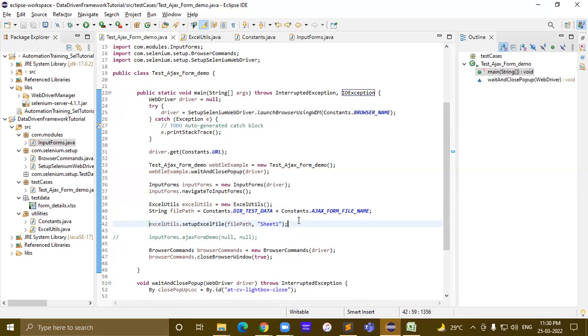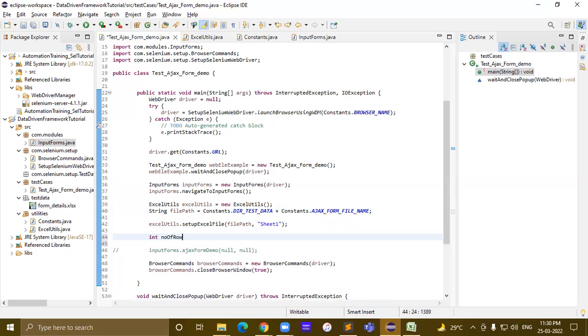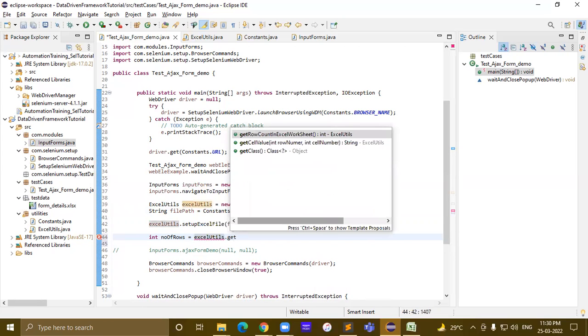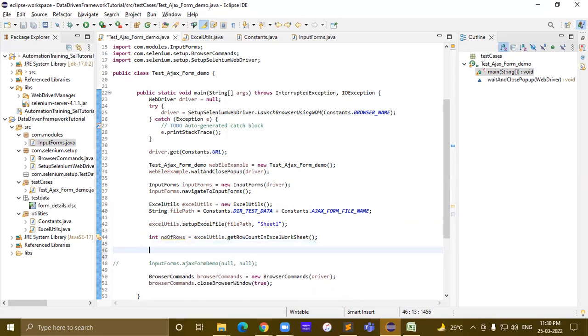Now when we have opened the excel files, see here we have to iterate for the whole excel file. In our session to read the whole excel file, I have told you that we have to use the for loop, and we have to get the row count. So first thing first is to get the number of rows, so for that as well we have created the function get row count, total number of row count, right? And then we will